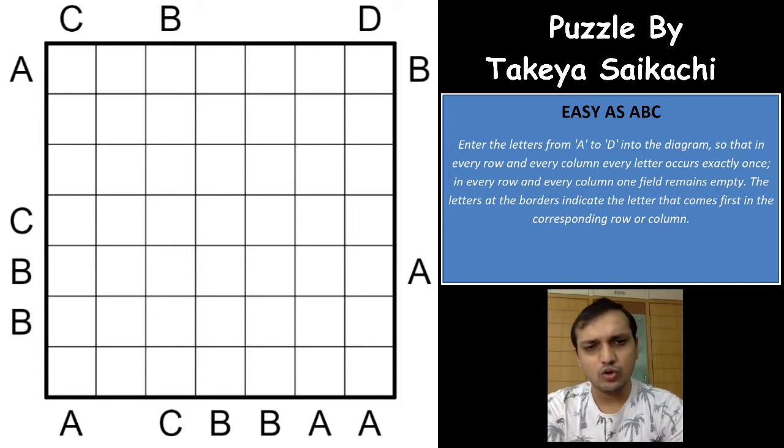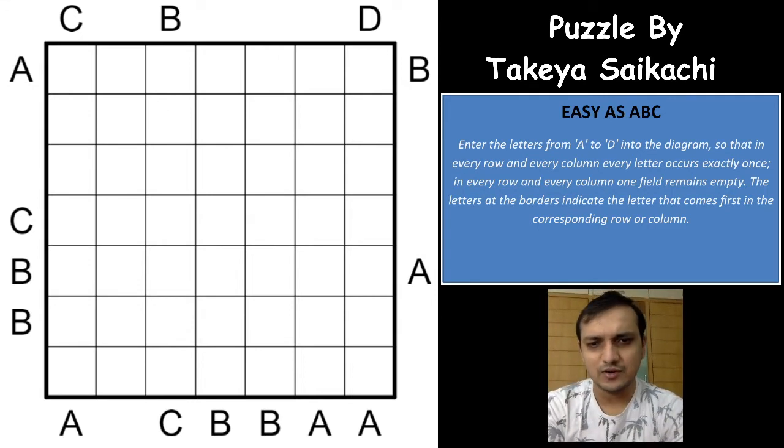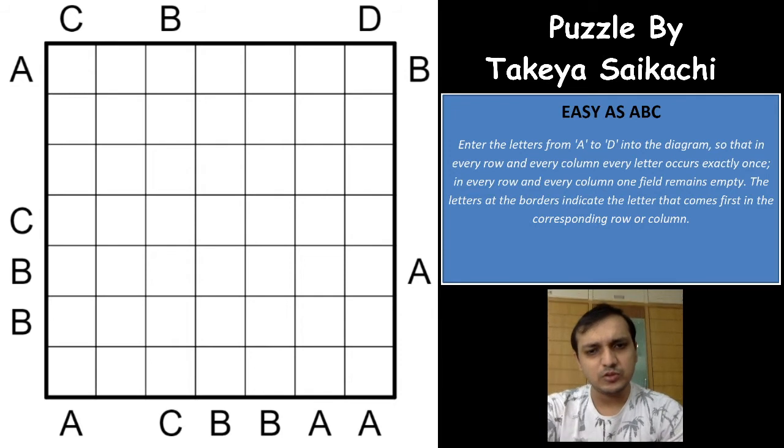So in each row and column, you will have 4 cells with A, B, C, D, and the other 3 cells will be blank cells. It depends on the grid. Many grids have only A, B, or only A to C. It is already given in the rule book or above the grid which alphabets need to be placed, A to C, A to D, or A to E. Sometimes it depends upon the size of the grid as well.